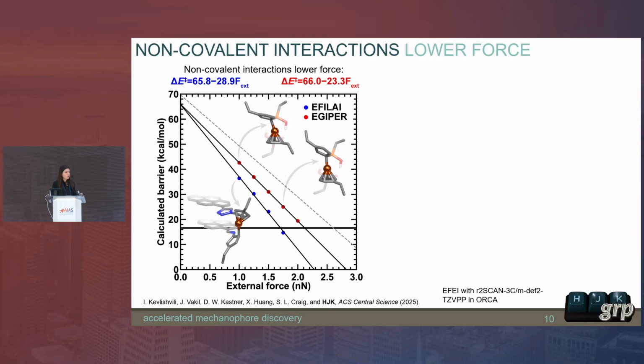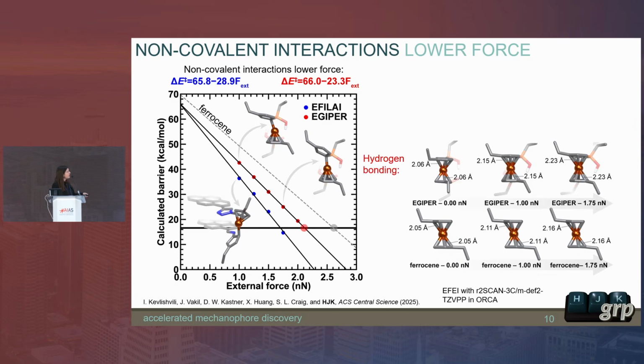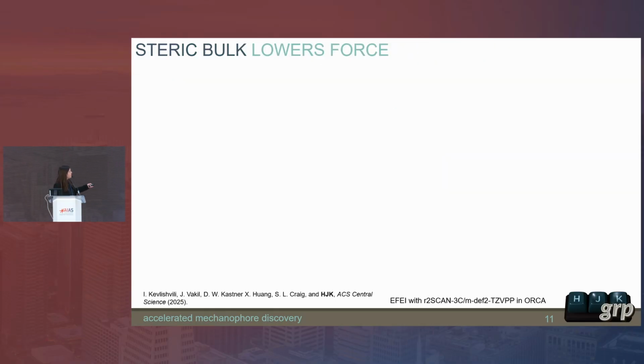We find a way to show that adding non-covalent interactions indeed lowers force. So here are two examples. One is a strong hydrogen bond, and the way to read these graphs here is, this one is the standard ferrocene. And if we see the vertical line crossing this horizontal line at a lower force, this is something called an EFEI calculation, then that suggests that this molecule will break apart at a lower force from a single molecule force spectroscopy experiment. And so what's happening is hydrogen bonding is stabilizing and making the molecule more susceptible to peeling at lower force, and so is